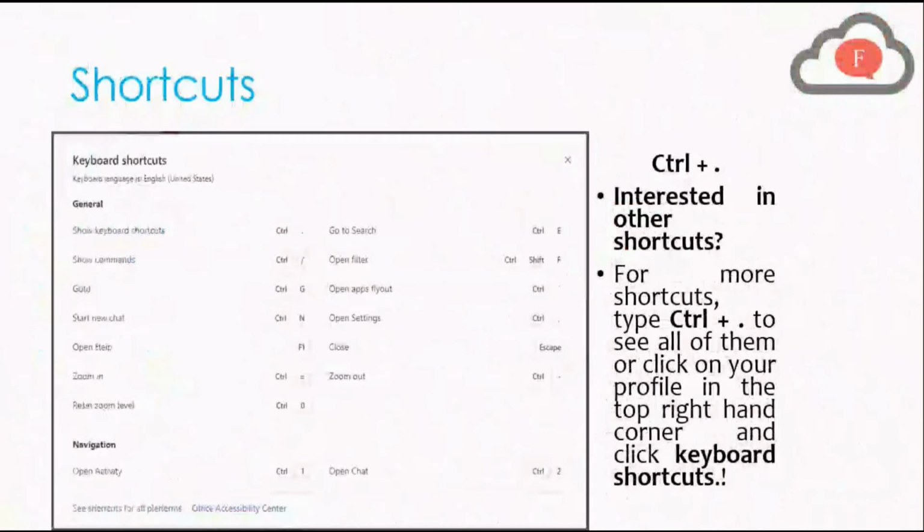Now let us go further and talk about the shortcuts in shortcuts. That is also quite funny because in Microsoft Teams, when you click on Control plus full stop, it will open up and show you more shortcuts. Like this is shortcuts in shortcuts. When I click on Control plus full stop, a keyboard shortcut dialog box opens up and shows the general shortcuts that you can use. These are the navigational ones and these are others. It is a very helpful shortcut. If you don't remember other shortcuts, just click on Control plus full stop. It will show you all the shortcuts.